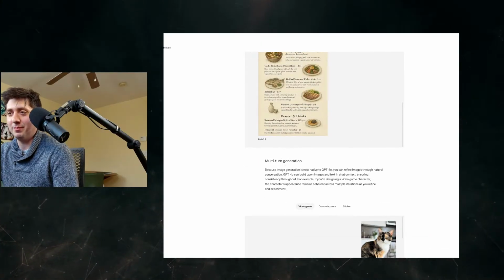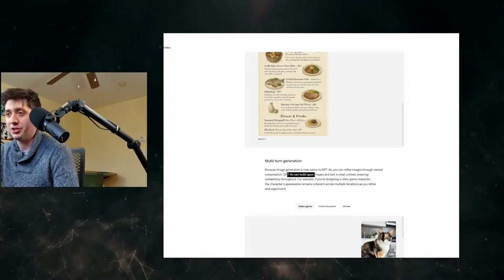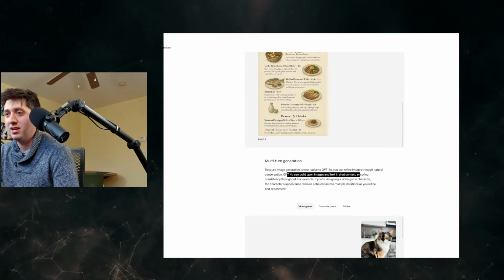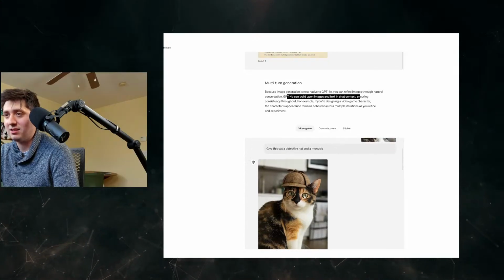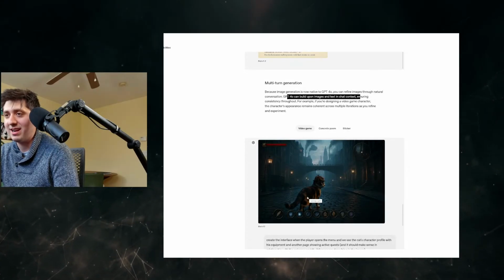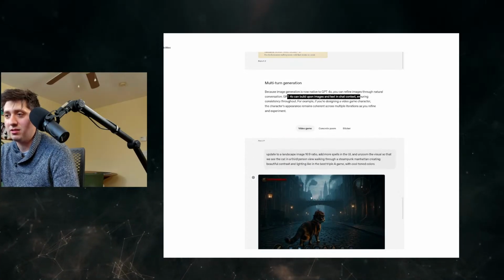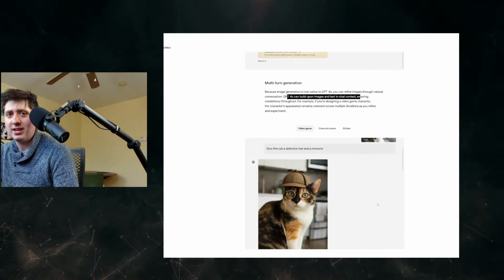Multi-turn generation. Because image generation is now native, you can refine images through natural conversation. You can build upon images in chat, ensuring consistency throughout. Give this cat a hat and a monocle. All right, let's play with that. Let's see if I can find an image of me and use that. It really did it. Okay, so maybe